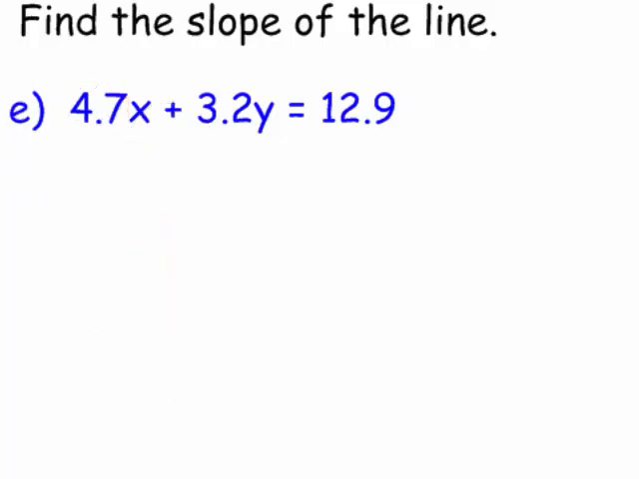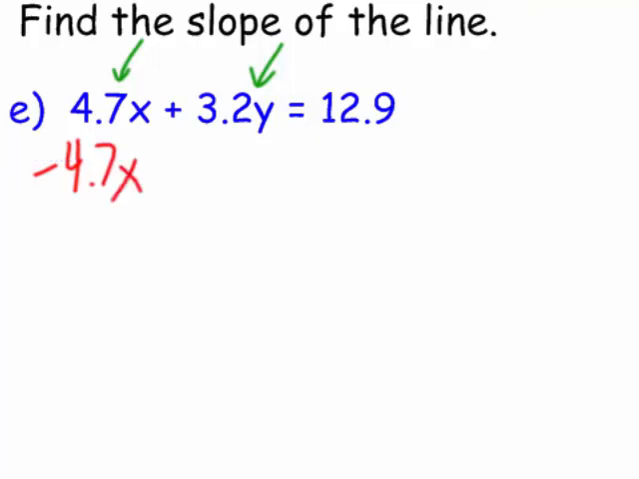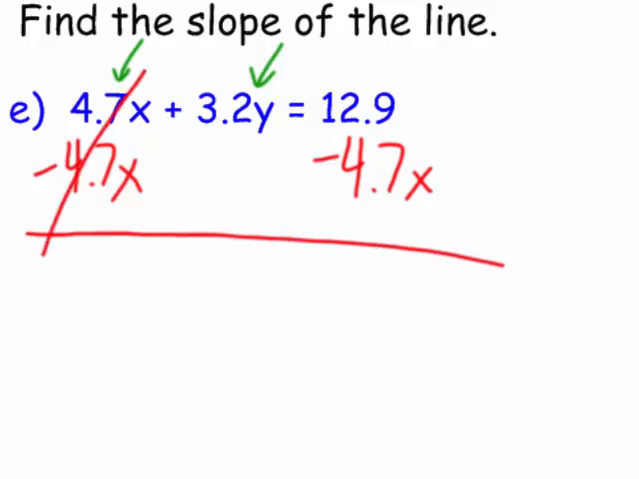If I want the y by itself, that means I've got to get this 3.2, this multiplied by 3.2, away from it, plus this 4.7x. Well, before I can deal with the 3.2, I've got to move the x term to the other side. So to get rid of a positive 4.7x, I should subtract 4.7x from this side to move it over. Whatever I do to one side, I do to the other. So they cancel each other, and I'm left with